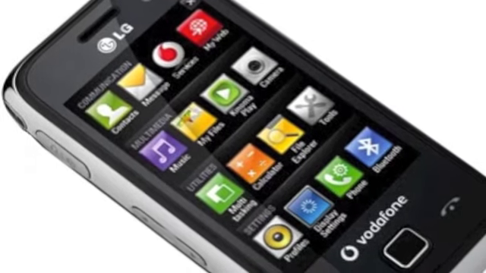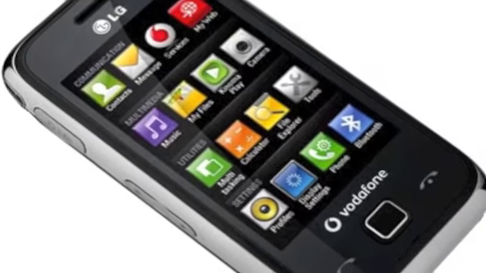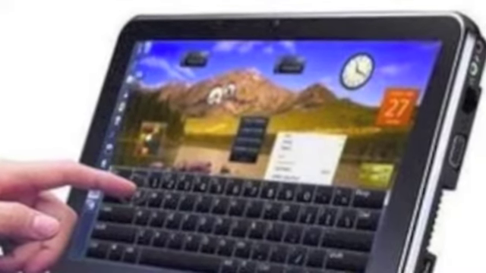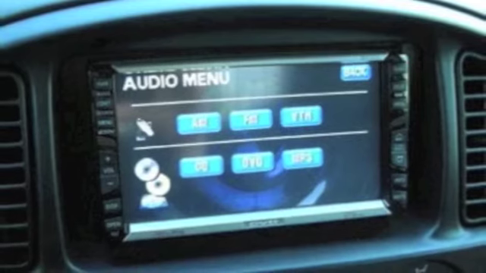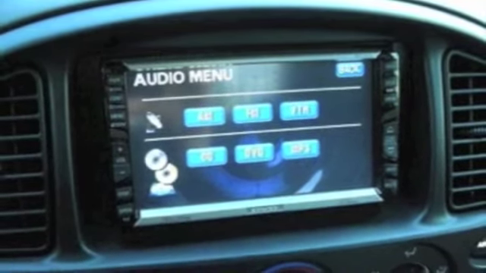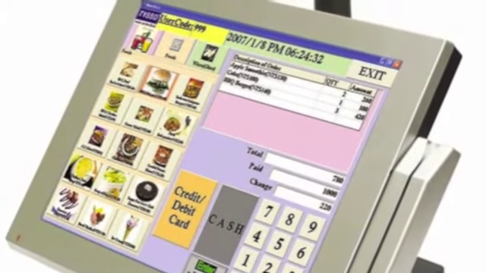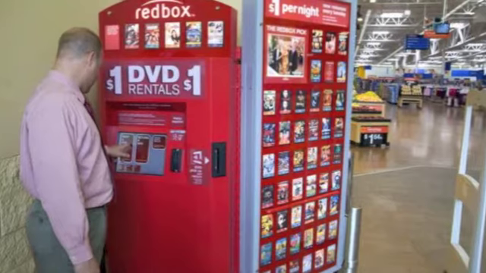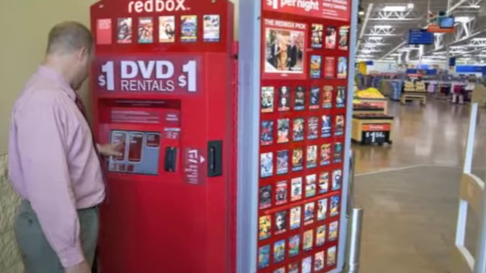There are many current uses of touchscreens. Some of the most common everyday uses include smartphones, tablet computers, ATMs, and PDAs. A lot of vehicles now have touchscreens to control GPS, stereo, and various other functions. Most stores and restaurants use a touchscreen monitor for customer purchases. You can also rent movies from a kiosk that allows you to pick the movie you want by making selections